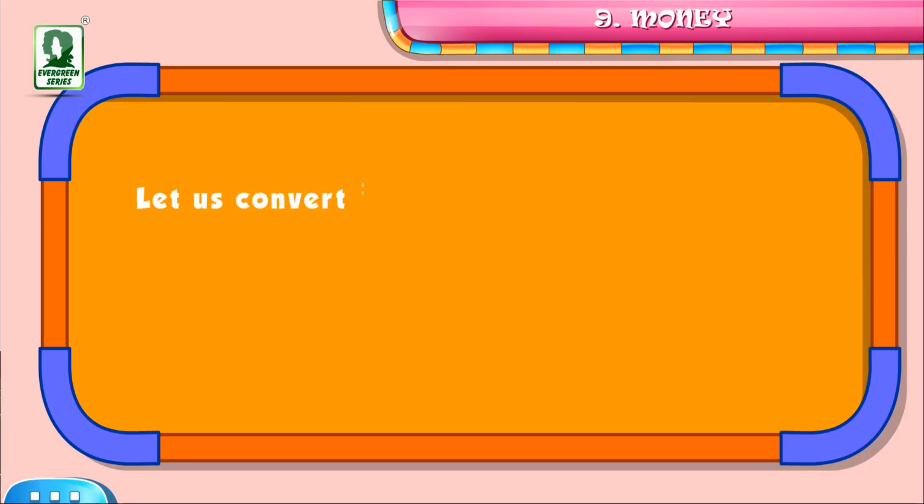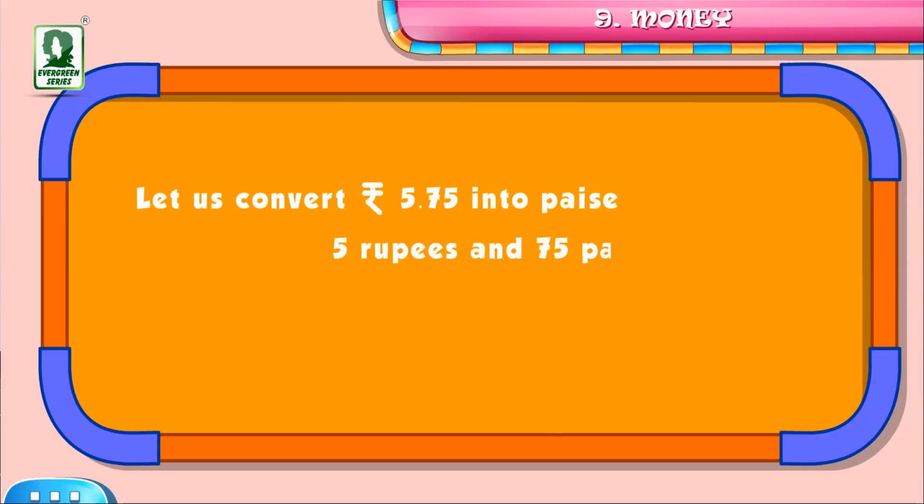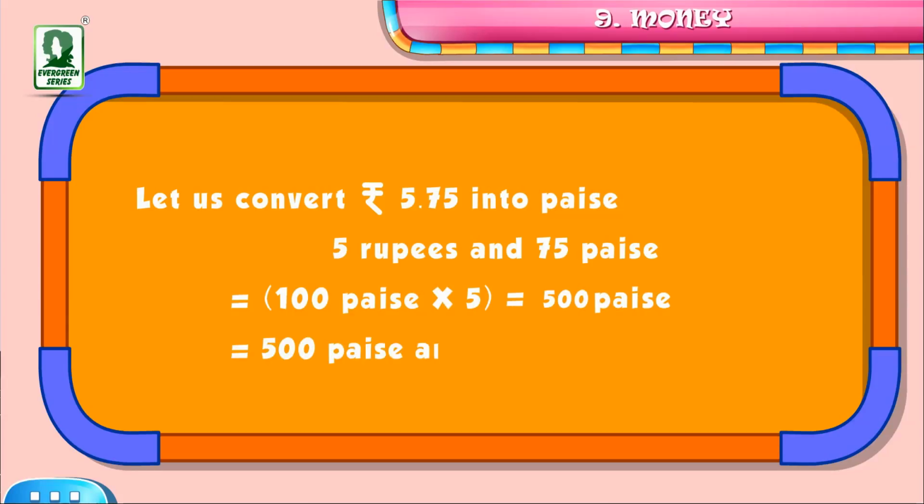Let us convert 5 rupees 75 paise into paise. We can write this as 5 rupees 75 paise. Now multiply 100 paise by 5, which is equal to 500 paise. Then add 500 paise and 75 paise, which is equal to